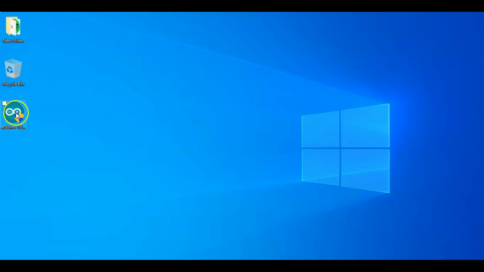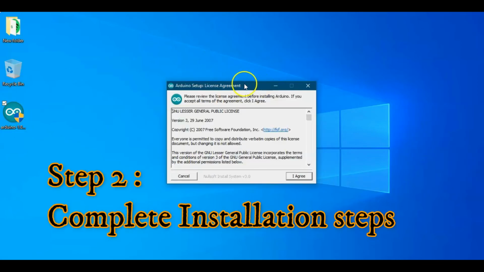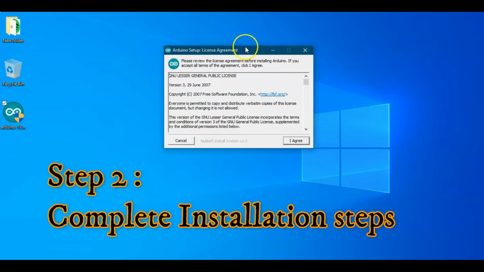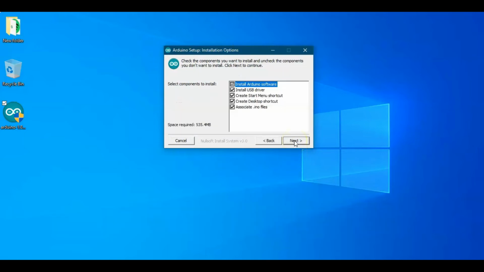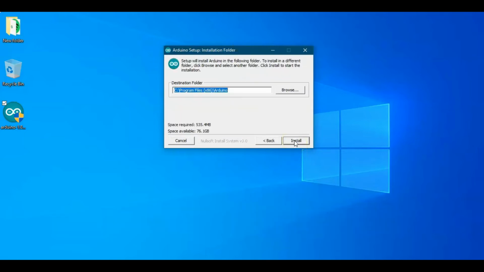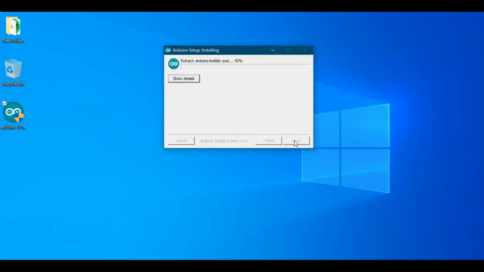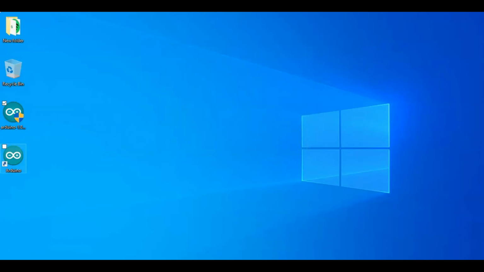Now to install this setup, just double click on this one and then you will get a pop-up for Arduino setup. Here click on I agree, then click on next and then click on install. Then it will take some time and let's just wait for that one. And there we go with the processing, and once it's done just click on close